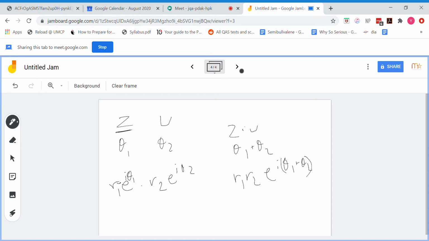And so this shows that multiplication leads to both addition of the arguments and multiplication of the magnitudes. Remember, this derives from the earlier properties that we went over, the properties of the magnitude. So the magnitude of zw equals the magnitude of z times the magnitude of w, right? So anytime we want to rotate by an angle of theta, we can simply